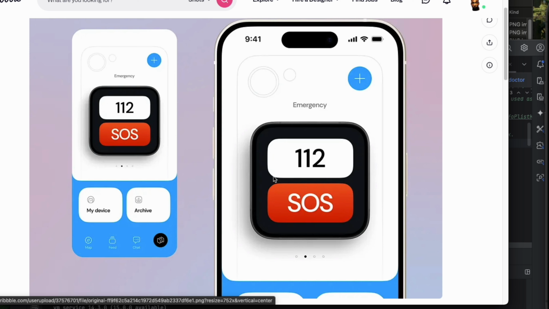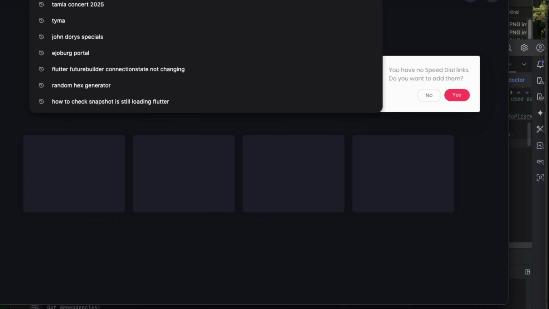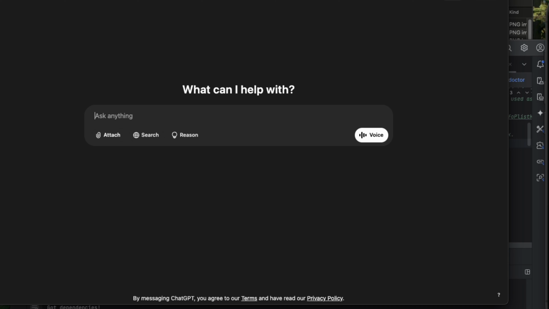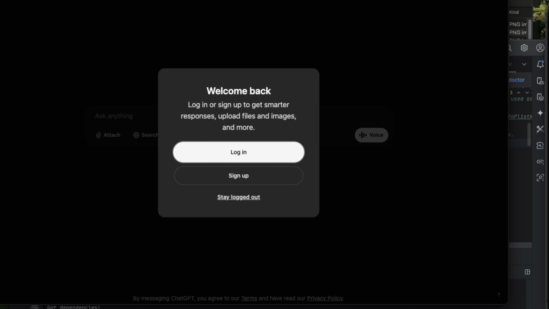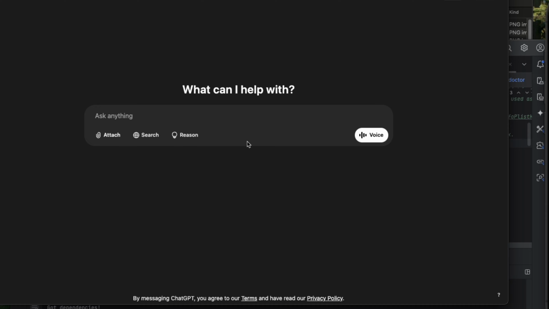The SOS button's a bit too large. We're going to try to make that slightly smaller, and we are going to be working off of a completely new ChatGPT. So the time is currently 1952, and we'll probably be done with our next section, which is going to be